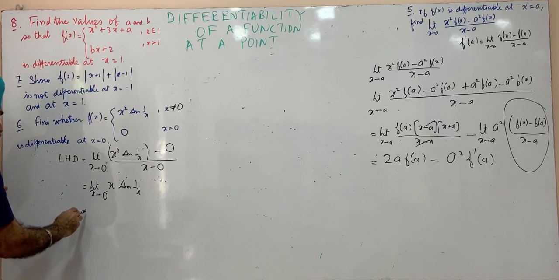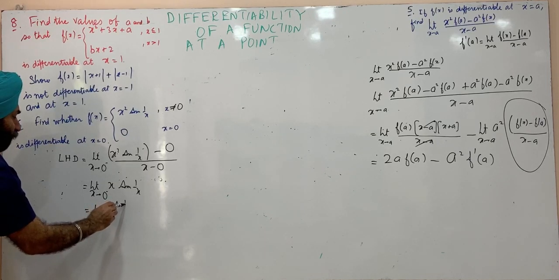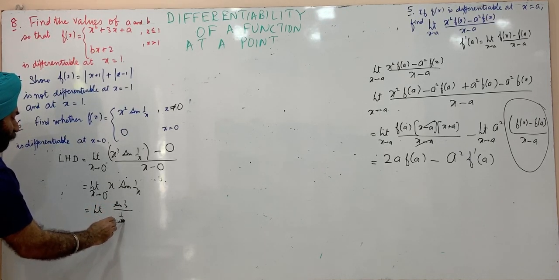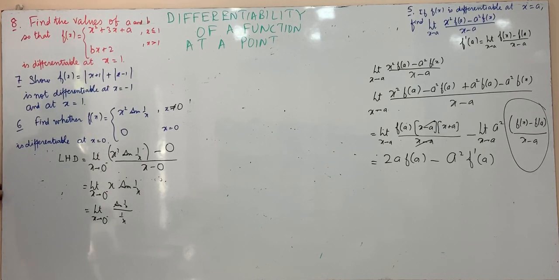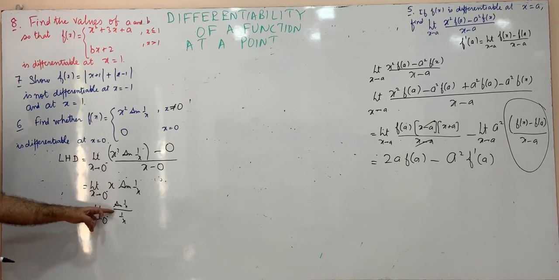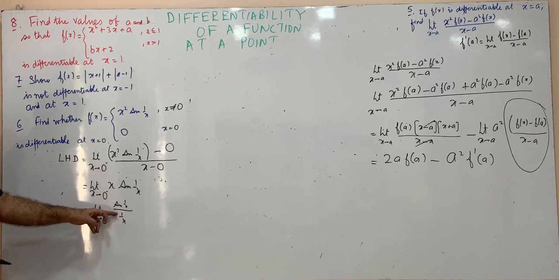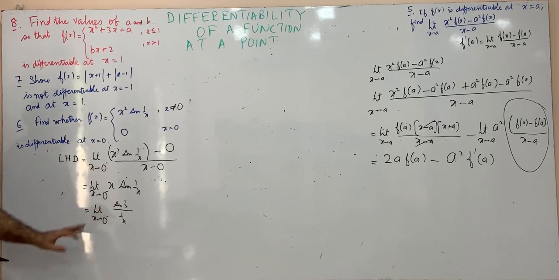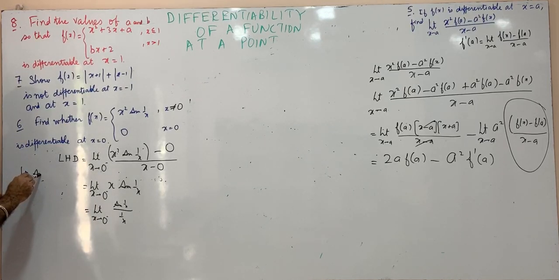This can be written as limit of sine of 1 by x upon 1 by x as x approaches 0 minus. Here x can be written as 1 by x in the denominator. So this looks like sine theta upon theta, but that limit, sine theta upon theta, has the condition that theta approaches 0, then only it is 1.